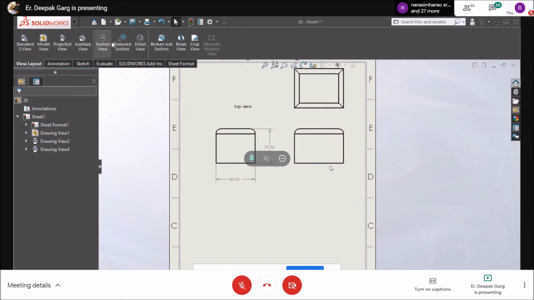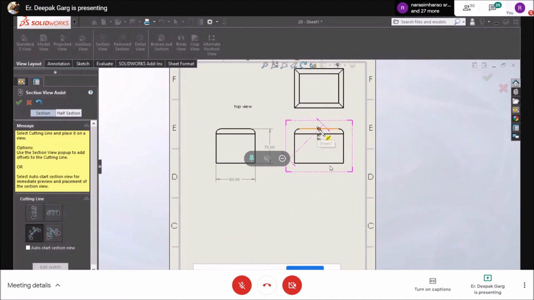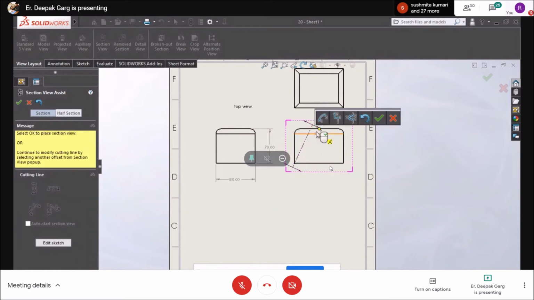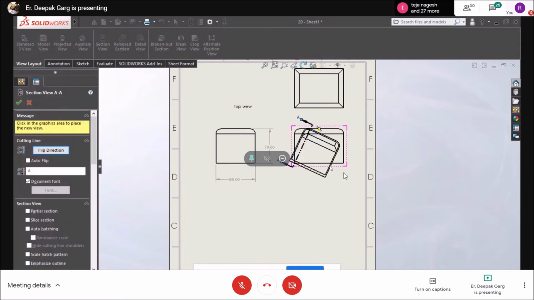So what you can do is use this section view command. In this section view, there are different options. You can have a vertical section, horizontal section, or 2-point sections. So suppose I am using 2-point sections. I click on this command, on this point and this point. I click on OK. Now you will see that